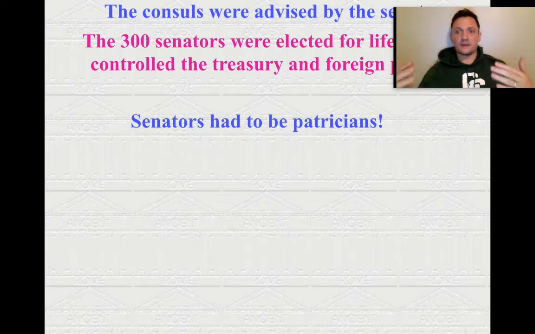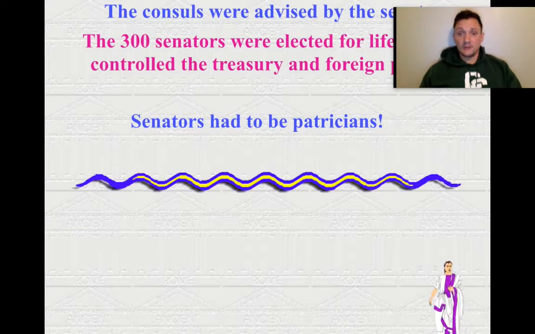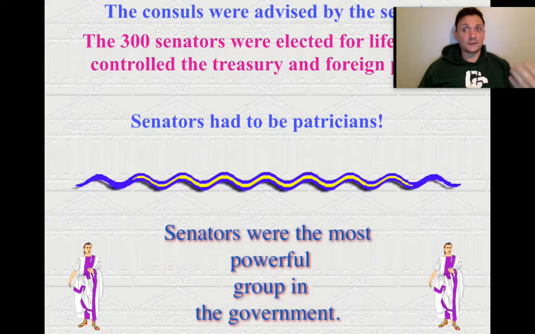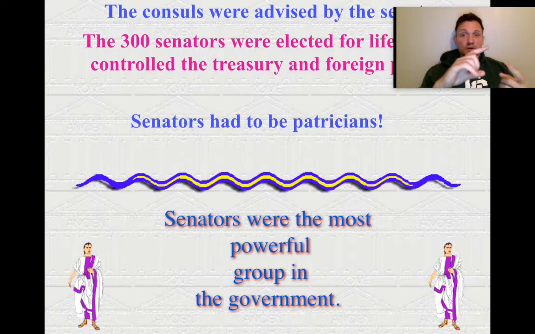And like I said, this is very, very unfair because in the society, well, who is there more of? Good job, Dante Burke, right? There's more plebeians out there, and the plebeians are the ones making all of the money for the society. So, and here's a squiggly line, and here's another guy. Like, these animations are just so good. It's ridiculous. Like, it took a long time for me to make this. Now, senators were the most powerful group in the government, right? They're the ones who start laws, hold the money, do the foreign policy, enact laws. Like, they're the ones who are supposed to keep everything running smoothly. And the consuls are supposed to be there just to kind of oversee the entire shindig, right?